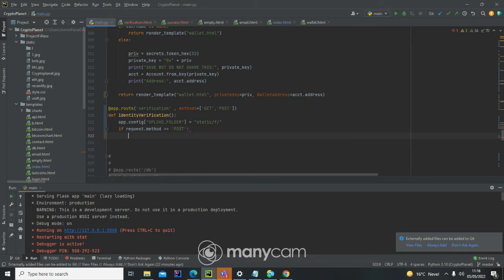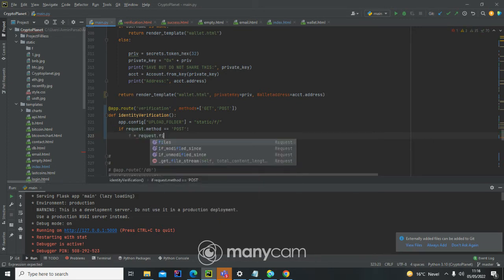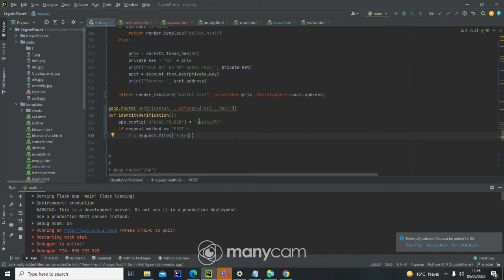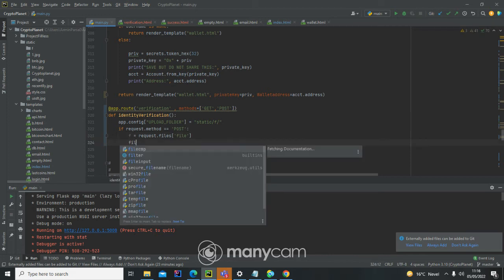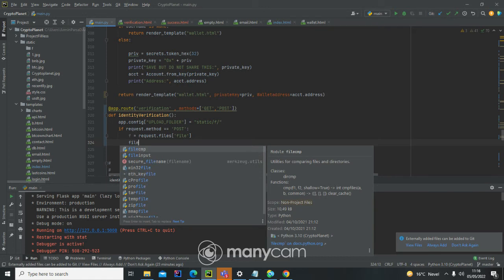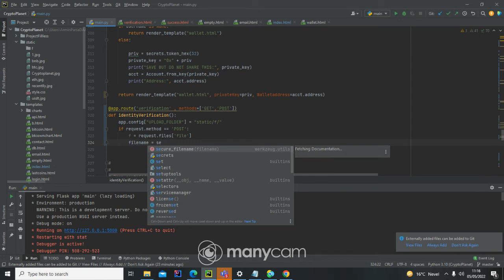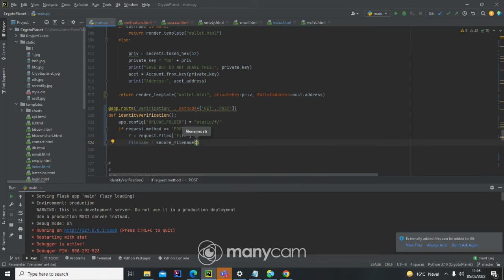and then f is equal to request.files, and that is file, the name that we gave in our verification file. And like this I get that file, and the file name, say filename is equal to secure_filename. For that you have to import a library. The secure_filename f.filename,